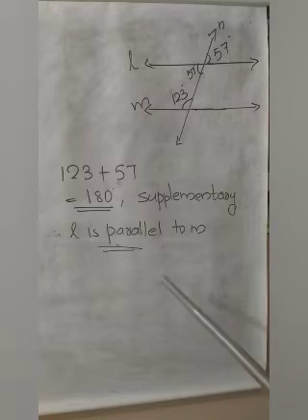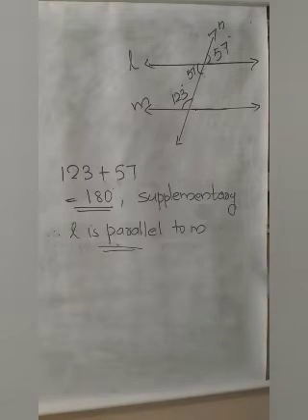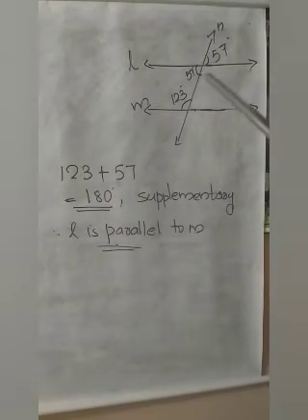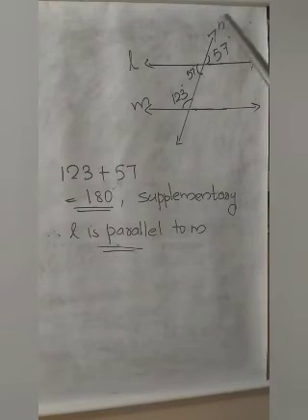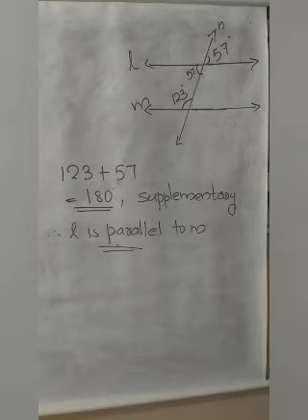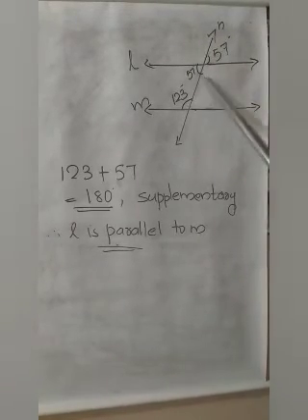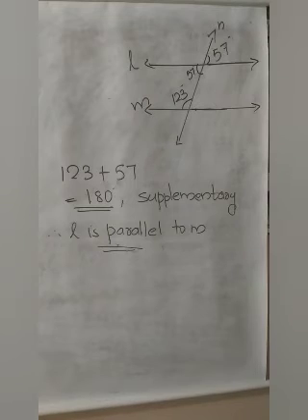Now in another method, if you are doing, what is it? Here you got 57, isn't it? Here 57 means how will you find this angle? The down angle, how will you find? This angle plus this angle is 180. What is the reason? Linear pair. So, if you get this angle, then these two angles will be equal. What is the reason? Alternate interior angles. So, if you find these two angles are equal, then also you can say L is parallel to M.